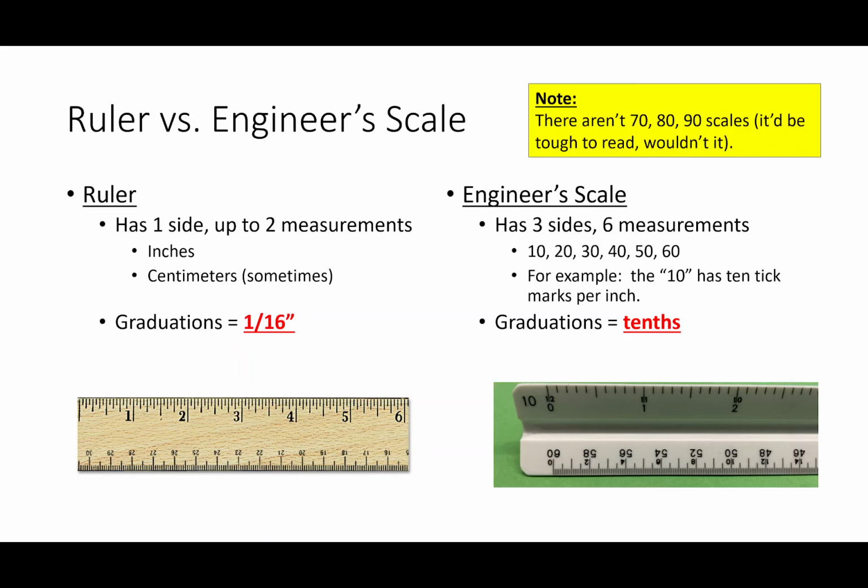The main reason why is if you look at the 60 scale, which is the finest one, those tick marks are getting pretty close together. At that point, do you think you could actually read a scale that's like 70 or 80 or 90? Probably not, so 60 is probably pushing it. That's about as far as you could go, because past that they'd be kind of tough to read. So why don't we have a 70 or 80 or 90? Well, just look at the 60, and that's the reason why. We really couldn't read them very accurately if we wanted to.